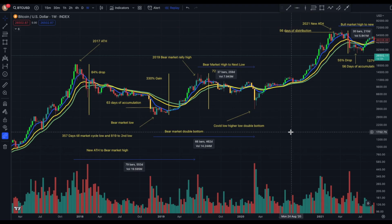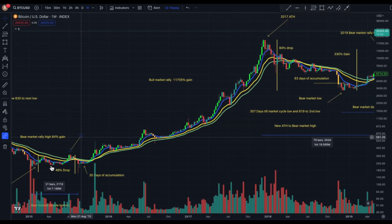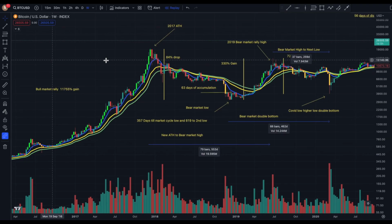People talk about the COVID low a lot. You always hear this COVID low, the COVID low, whatever. In the bear market cycle, or in the off the bull market cycle, if you want to call it that, the COVID low was not the low. It was a higher low. So Bitcoin still double bottomed. This was one low, and then you say the COVID low was the double bottom. It's not as nice and neat of a double bottom as we got over here, but nonetheless, it is a